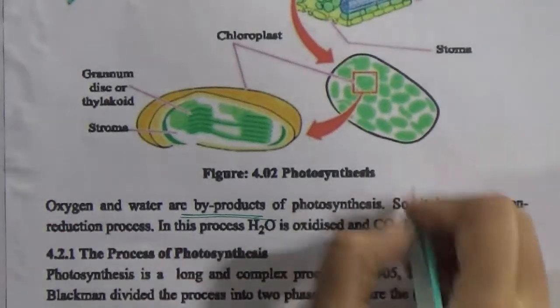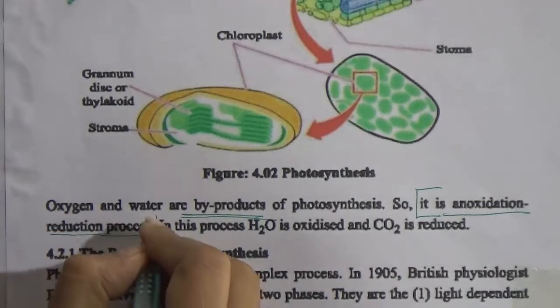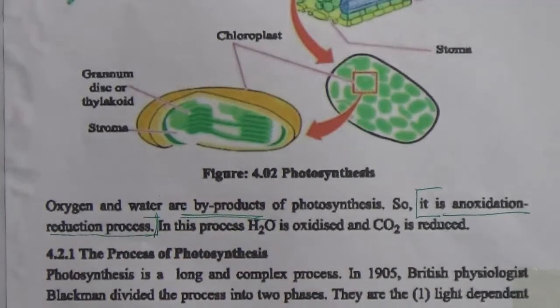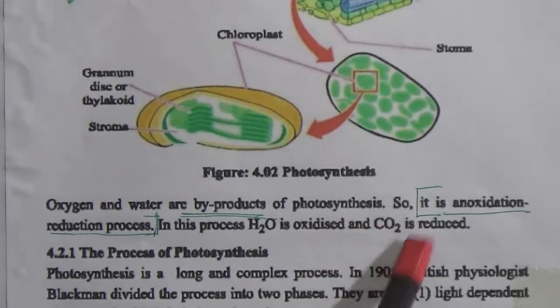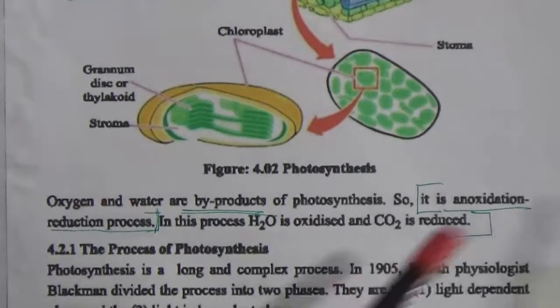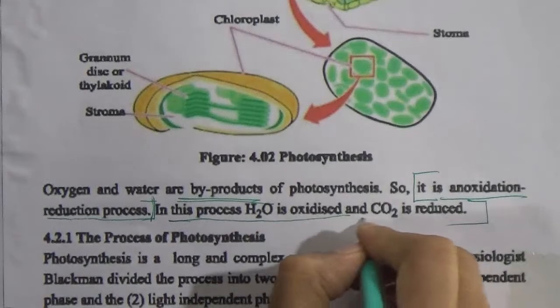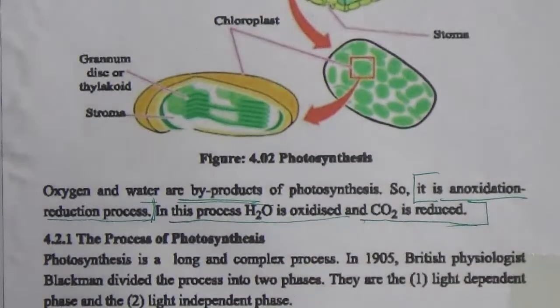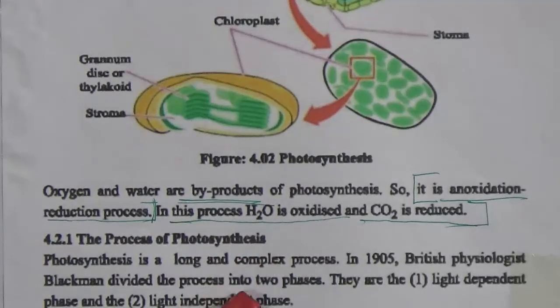This process is known as an oxidation reduction process, and in this process water is oxidized and carbon dioxide is reduced. In our next class, I will discuss how the water is oxidized and the carbon dioxide is reduced, and the total photosynthesis procedure